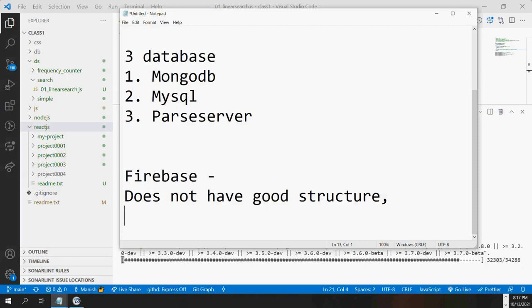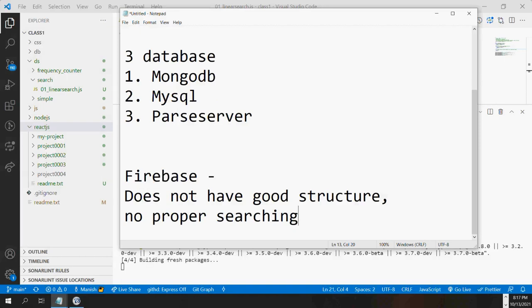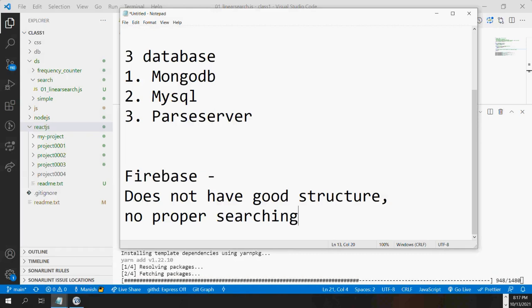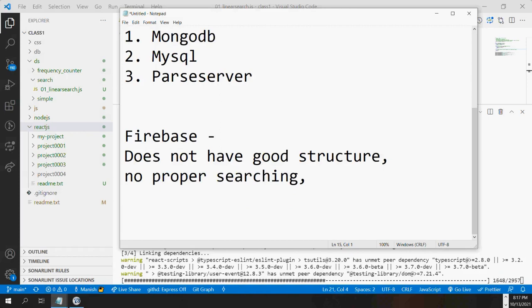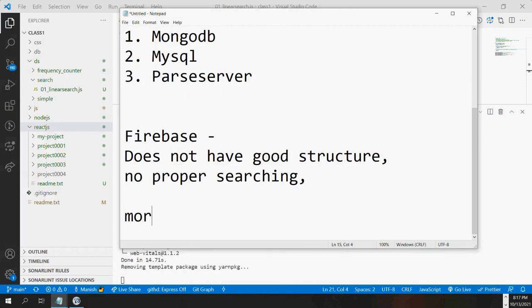And in Firebase, we cannot even search properly, so no proper searching. If you want to search in our database who are the users who are male or who are female, in Firebase it becomes a very tedious job. They have made things a little complex, so I don't advise Firebase to students, though you can do Firebase if you like, but when you go for the production version, with Firebase, the more users you get,